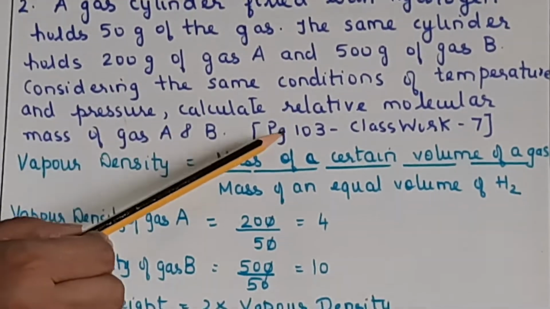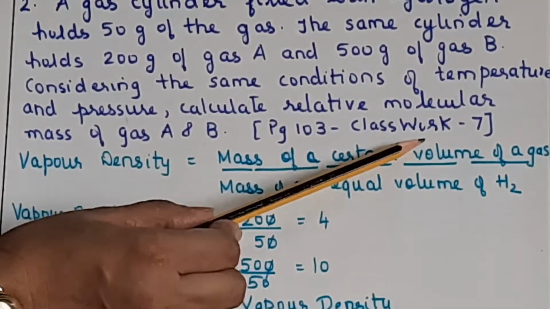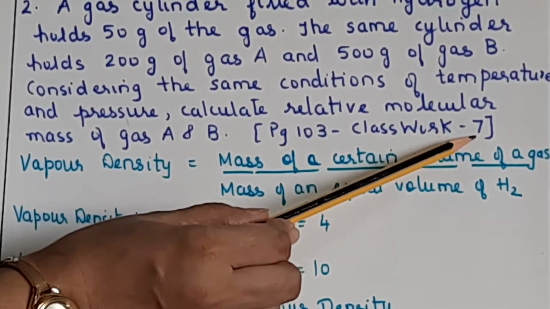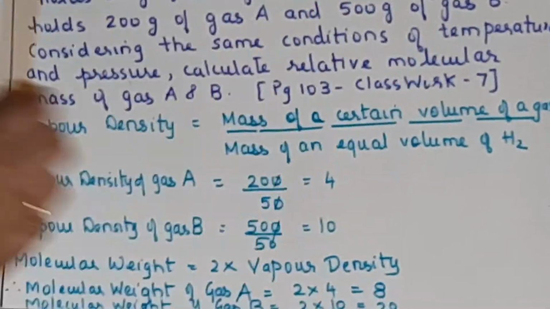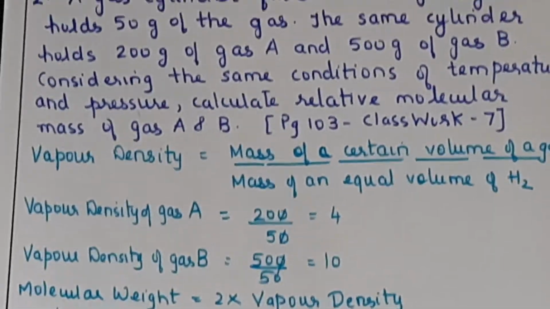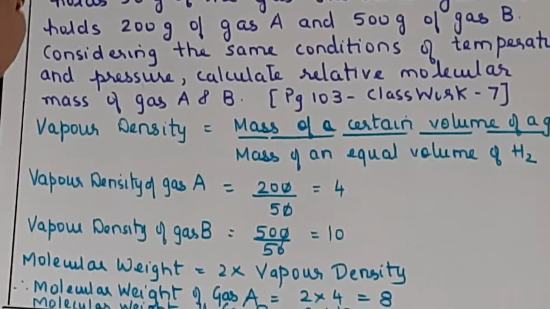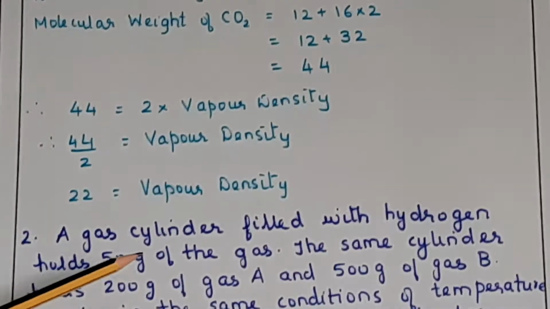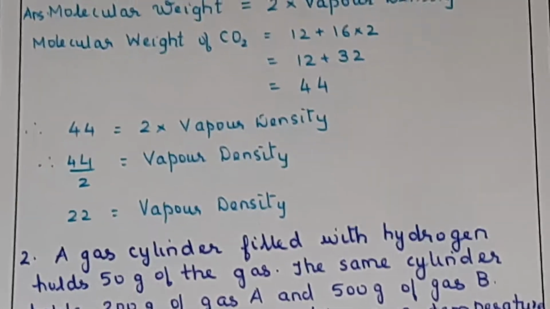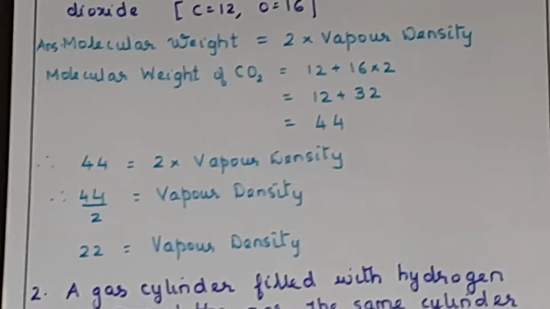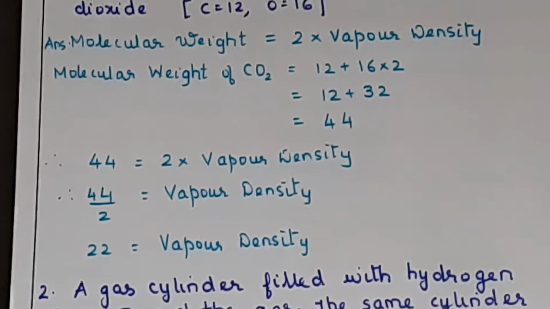Now this is there on page 103 of the classwork, 7th sum. Because of the reduction in the portion from the Anish tutorial book, only type 3 sums are actually in the syllabus. But these sums, like vapor density sums, were included in type 2. So there are just 2 or 3 of those sums. That's why I have written them here so that you don't get confused as to where to find them.